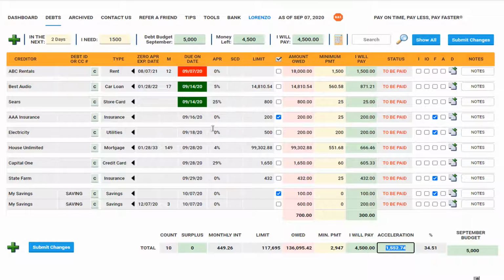But let's say that you are careful, that you pay your debts on time, as you should, and actually a few days before. Because when you pay your bank, for example, let's say here that you click bank, and you go to your bank, you don't need to put passwords or anything, but just go to your bank. You're going to pay a few days before, usually 2 or 3 days in advance. So you're going to mark that you have paid them, even though your creditor hasn't received the money yet, but the important thing here is that when it's October, the budget is going to be reset, and the money left is going to be again $5,000,